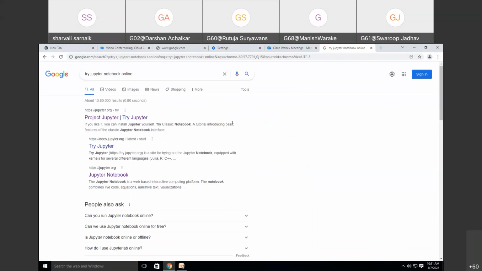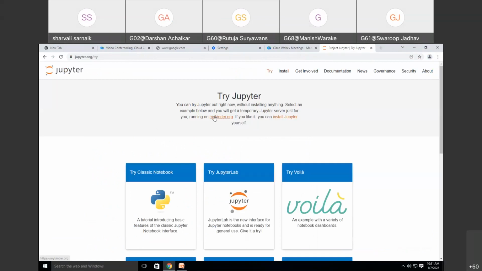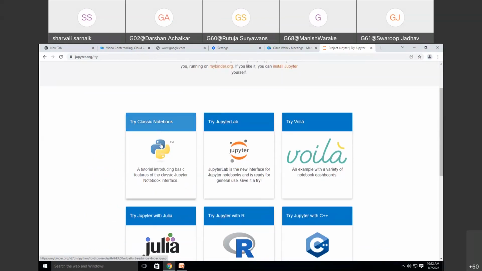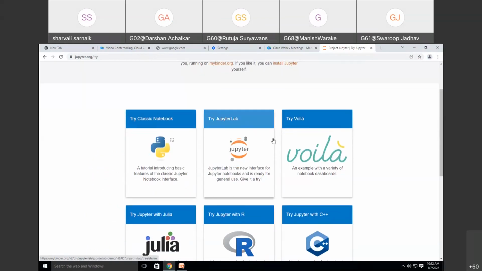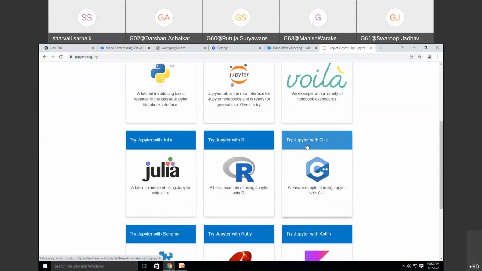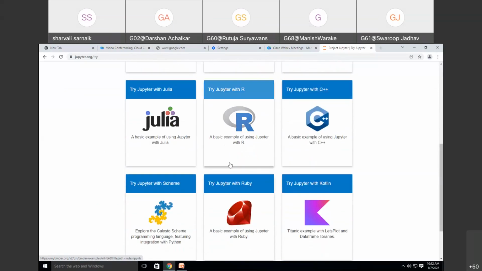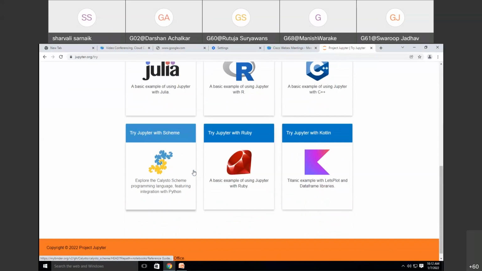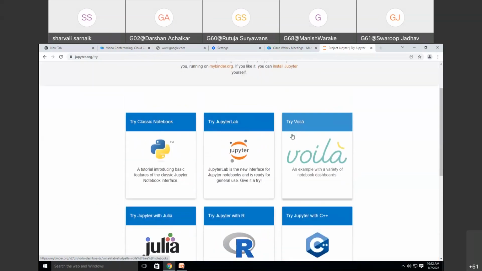Now go to the first site. Now you will find there is Jupyter Notebook, JupyterLab, Jupyter with R, Jupyter with C++, Julia. There are multiple different languages we can use with this Jupyter.